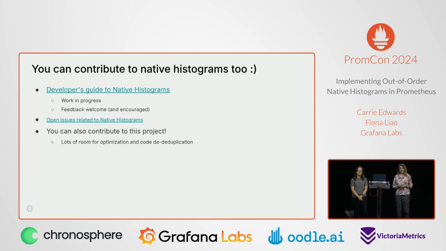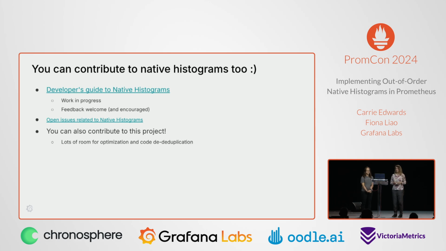So even if you have contributed to Prometheus, native histograms is another great area to contribute to if you're interested in it. It can be a bit tricky compared to float samples, but while I was learning about native histograms, I wrote a doc to be sort of a developer guide that's linked here. This tries to explain some of the trickier concepts as well as the data structure. It's still a work in progress. I'm working on it and updating it as I have time, but feedback or questions on that would be welcome